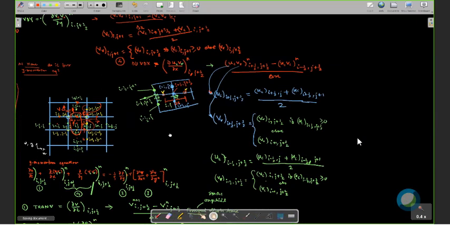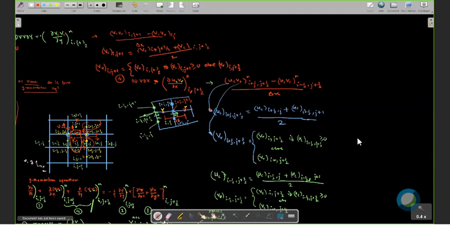Now we have another equation that we have to solve for velocity. We have to solve for x velocity and y velocity. I have a doubt while calculating, you used V at i minus half, j plus half. This one, on the right bottom, which you calculated. When you see i minus half, j plus half is greater than or equal to 0, you took which one? The one below it. Yes, that one. V at i minus half, j plus half.